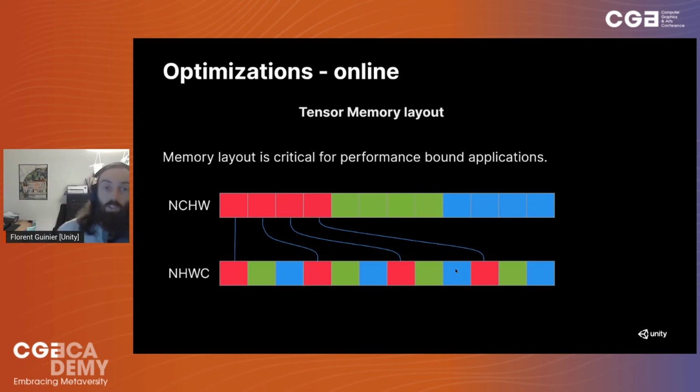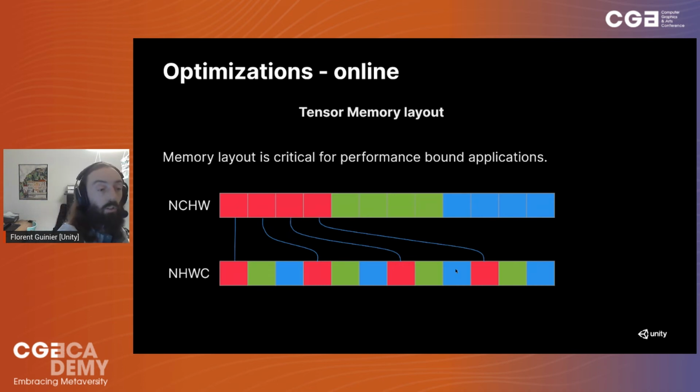So what else can we do about performance? We have memory layout. Every performance-bound application is definitely interested in memory layout, and we are no stranger to that. Two different memory layouts there. There are more options. We spoke a little bit about channel first, channel last, and that's a visualization of what it means. On the left, we can see two different acronyms. For example, on the bottom, NHWC means channel is the thing which is the closest, which is contiguous in memory. So we can see the colors are contiguous.